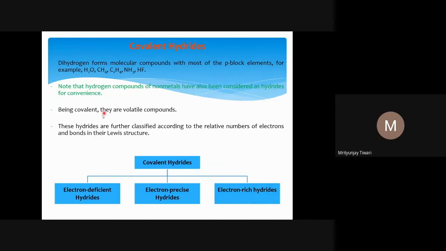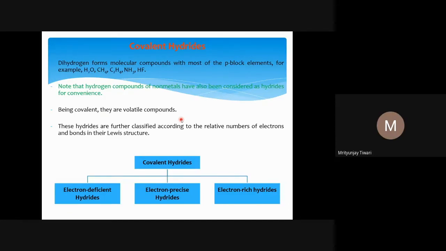So being covalent in character, they are volatile compounds. The volatility comes from the intermolecular or interionic attractions. These things we have seen when we studied solid, liquid, and gaseous states. Just to explain here, these hydrides are molecular hydrides, and the molecules are usually neutral, and the interaction between two molecules is generally a weaker attraction. The strongest attraction between them could be the hydrogen bond, which is shown by only a few very selective compounds.